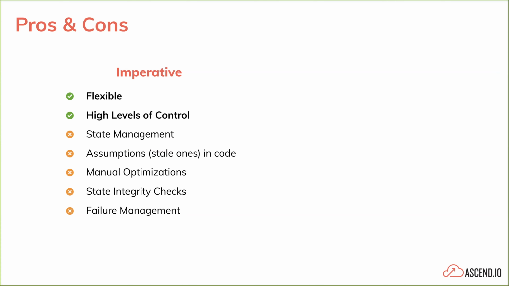And this will be specific to data engineering pipelines, obviously, but in an imperative system, it's highly flexible because you can code up anything that you want to do in any level of basically list of instructions of how to carry it out. And that's what gives you that high level of control. But with imperative systems, what we often like to joke internally here at Ascend, you have the ability to do anything and the responsibility to do everything. And so you have to handle your own state management. You have to handle all the code that deals with all the assumptions of what's going on with what data and where it's moving. You have to manually optimize.